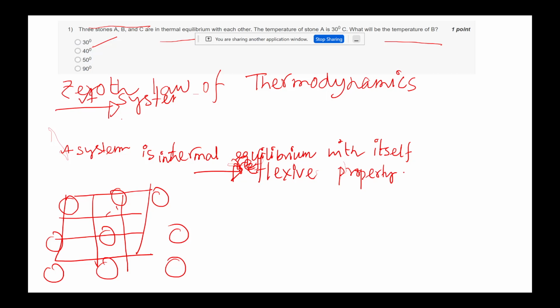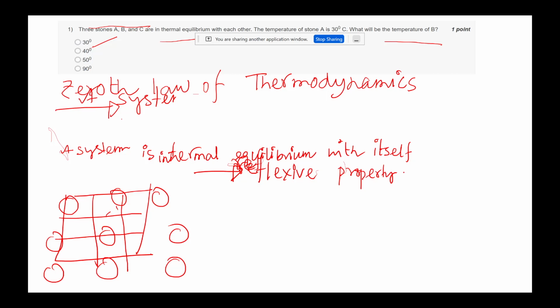Yeah. So now, if I can take this into a quoted message, then we can see that before stating the zeroth law of thermodynamics, we have to assign that the system should be in thermal equilibrium with itself first, which is called the reflexive property. So that is one thing.